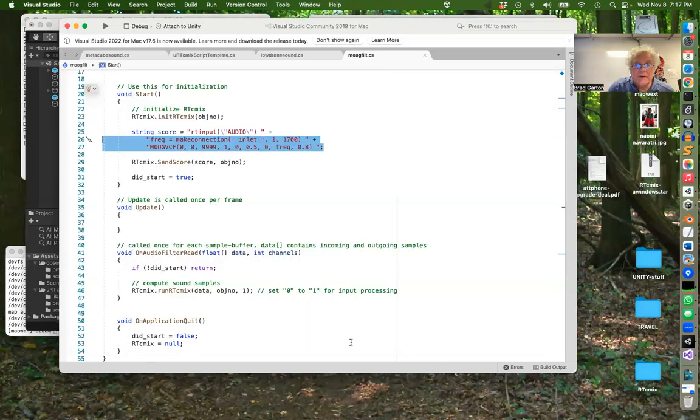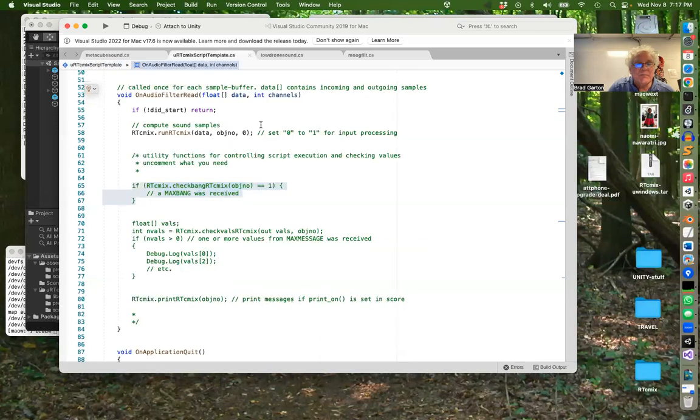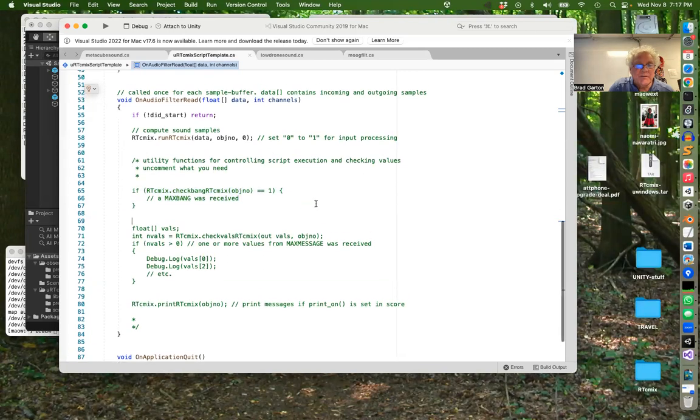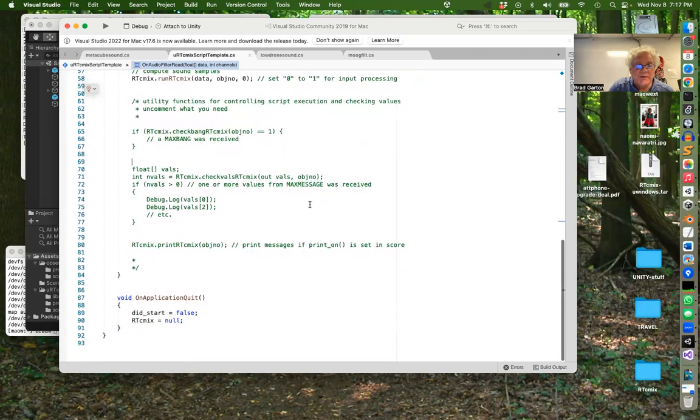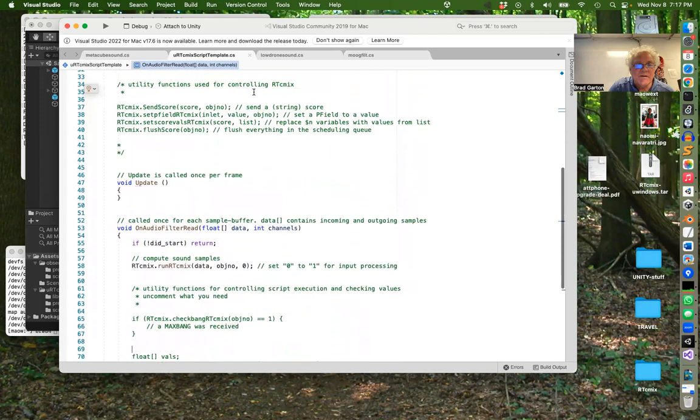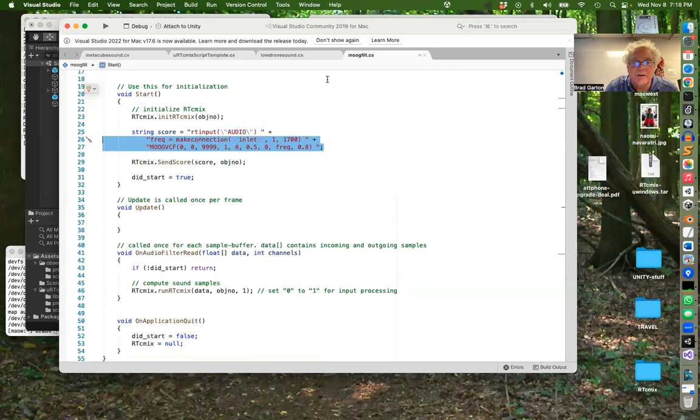Well, come out here and let me show you the things that we can do. In this script template, notice that there is a function down here: uRTcmix set p field uRTcmix inlet value, and then of course the objno. This is the function that takes the place of that inlet that allows us to send data into it. Well, that's the function for me. I'm going to copy it, and I'm going to put it over here, and I'm going to put it in the update